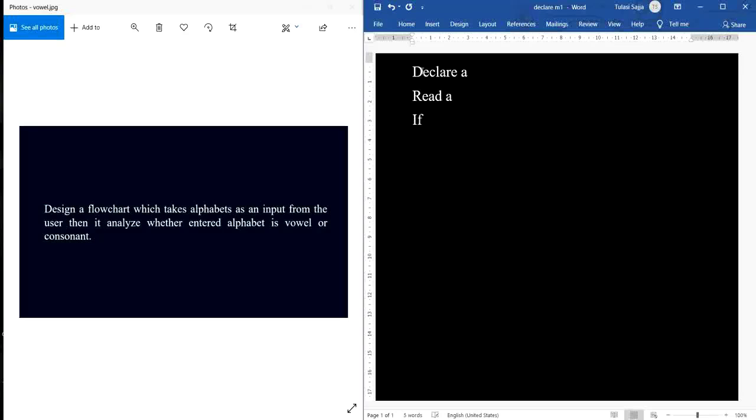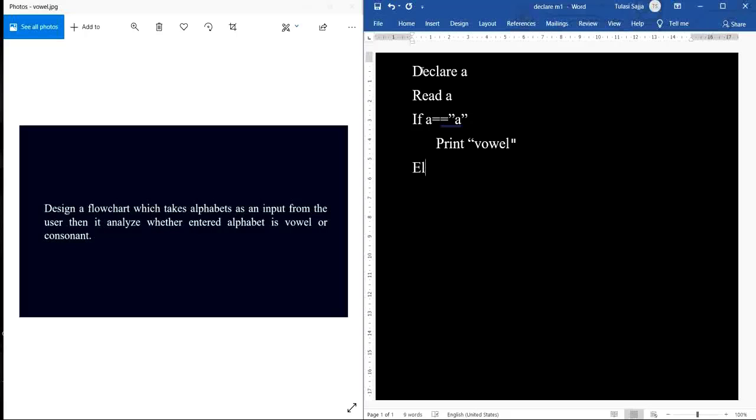So if a is equal to, what are the vowels we have? A, E, I, O, U. So check all conditions with A, E, I, O, U. Whether the value read into a is equal to A, the first vowel. If it is equal to A, then print vowel.